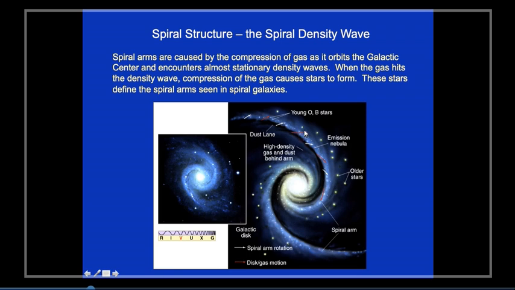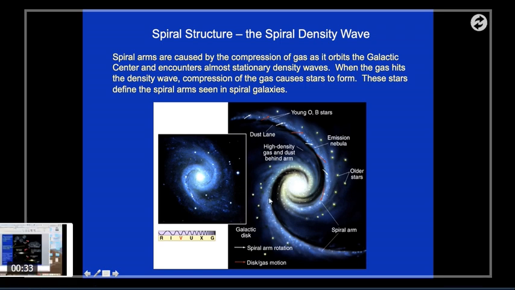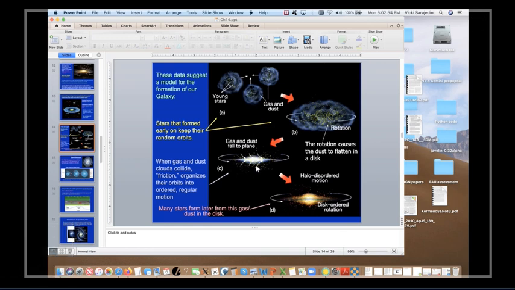So the stars that are formed will eventually move on ahead of the density wave, ahead of the spiral arm. But when you're in the arm itself, that's where you're going to see the stars as they form. So new stars will form in the arms, and then they will move past the arms later over some period of time. So the density in the stars and clusters in the disk